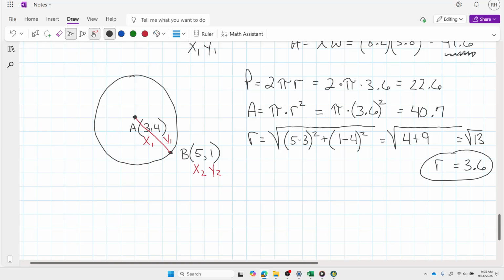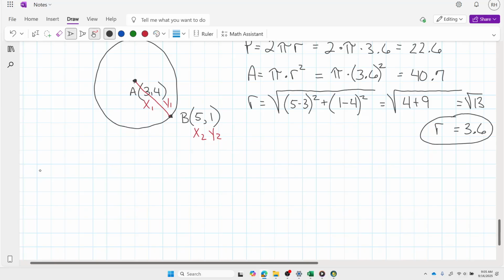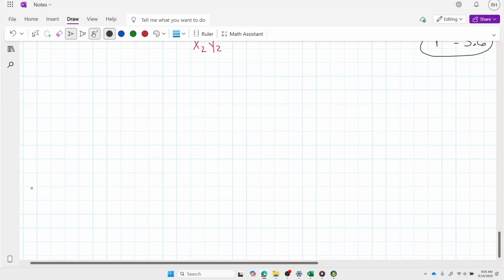The last problem you're going to have to do today is find the area of a square on the coordinate plane. You're going to be told that it's a square. So let's say we've got